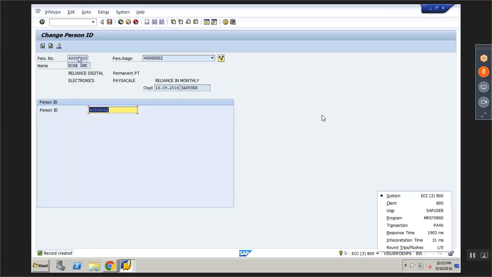What is the difference between this and this? Person ID, personal number. The one which you see here, the 4 series, is the number generated by the system. This is called the SAP PERNR number. Even this is a configuration which you do in the backend. That means whenever I hire an employee, this is the order in which the system should create the employee personal number. So this is the system generated PERNR number. Now person ID is nothing but, now that this employee is hired in my organization, I will maintain an employee code.